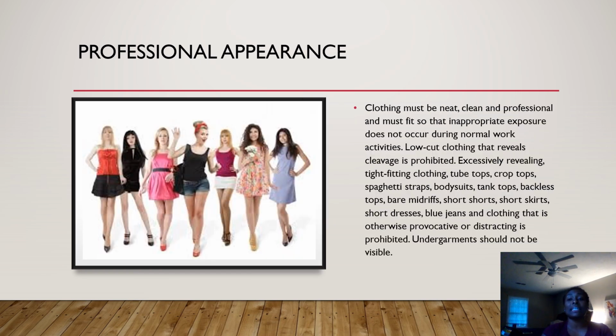All right, so clothing must be neat, clean, and professional, and must fit so that inappropriate exposure does not occur